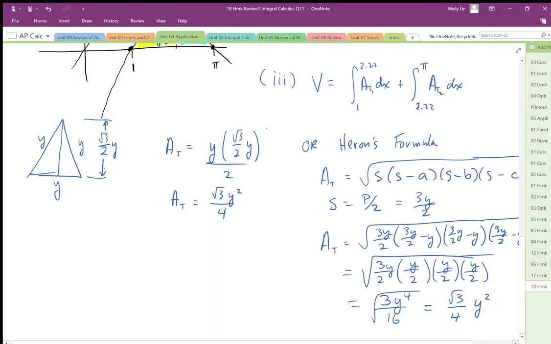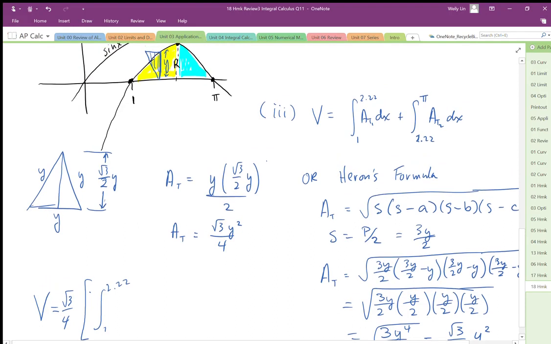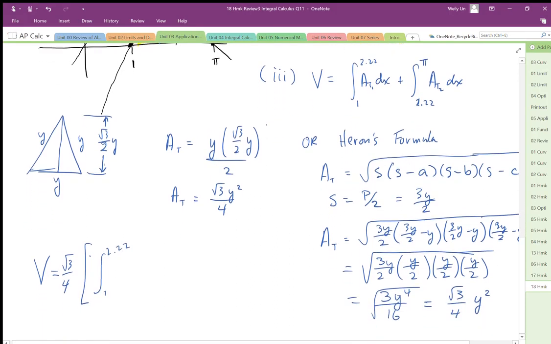So I'm going to use that same area to calculate the volume. The area of the first one is going to be from 1 to 2.22, using this expression for the area of that triangle. Since I can factor it out, I'm just going to factor that out and do it like this. That avoids all those terms. So it's from 1 to 2.22, and I'm going to use y squared. For the first part, y is going to be the log function, so it's log x squared